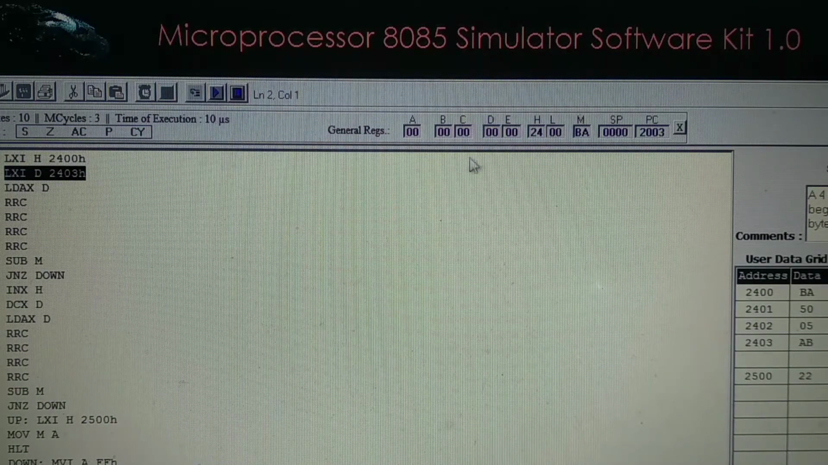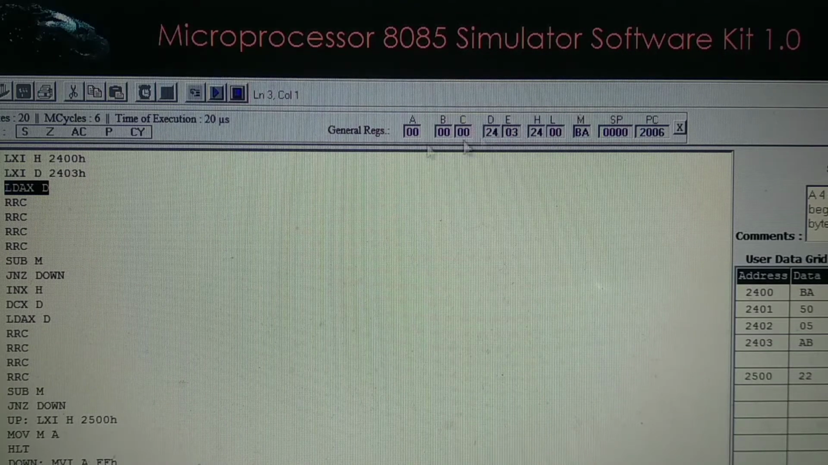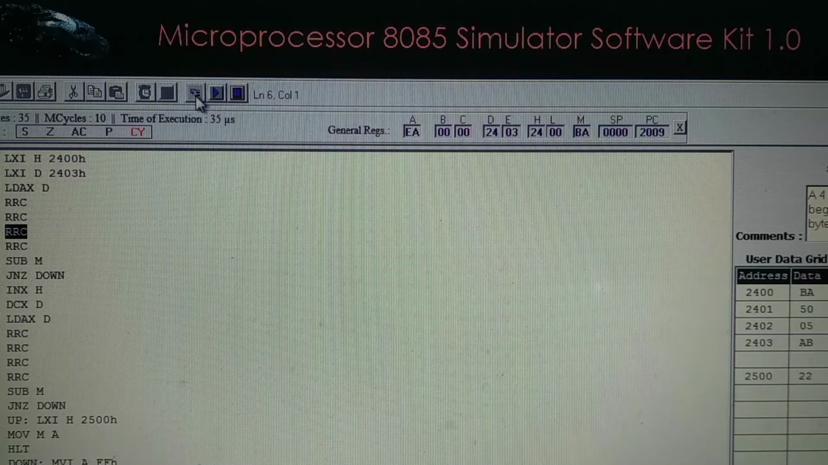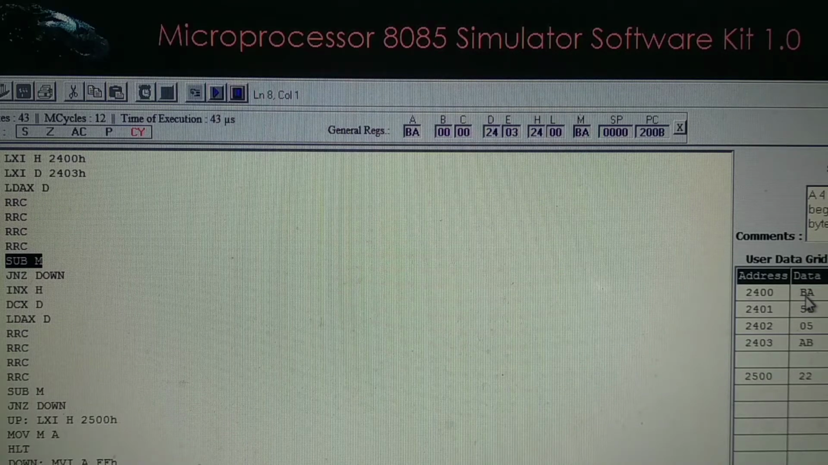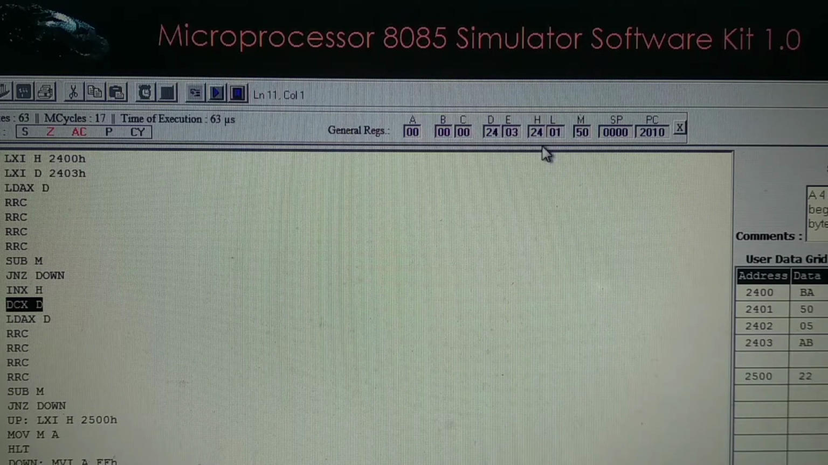LXI 2400 gets executed. LXID 2403 gets executed. STAXD, the number from this memory location is brought to accumulator. 4 times RRC, 1, 2, 3, 4, you will get BA. Next, subtract M, 2400, whatever number is there, it gets subtracted. Answer is 00. If not 0, then go to down, but here 0, INXH, it becomes 2401, DCXD, it becomes